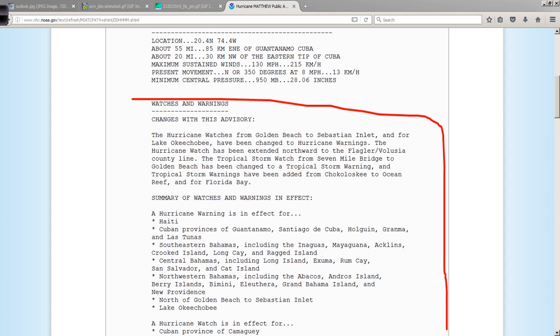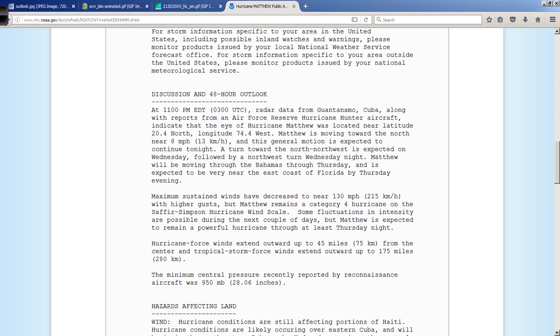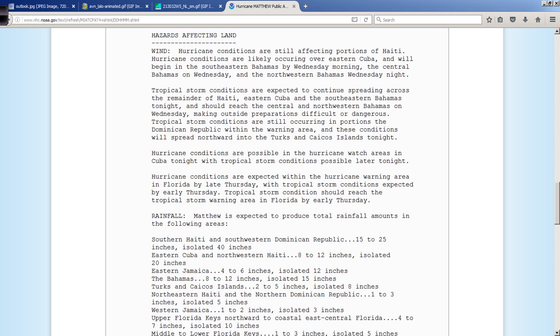I suggest you take a look at that. There's just too many areas to read. It is on the National Hurricane Center site in the public advisory section. But the part that I want to emphasize again is the hazards affecting land. Clearly, the wind area through here going to affect the Bahamas, Cuba, etc. And then those conditions are going to spread through the northwest and central Bahamas through tomorrow into tomorrow night, Wednesday night, and then eventually towards the coast of Florida and possibly the Keys area as we get into early Thursday, which they talk about in this area. It's just a huge, vast area of populated area that this is going to affect. It looks like anyway, so I highly suggest you read the public advisory in this area right here,